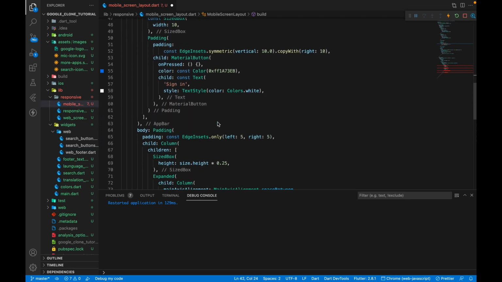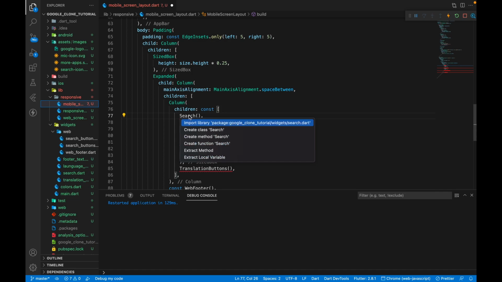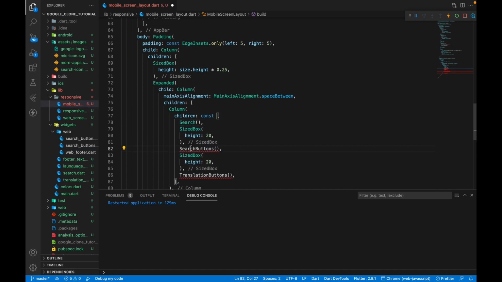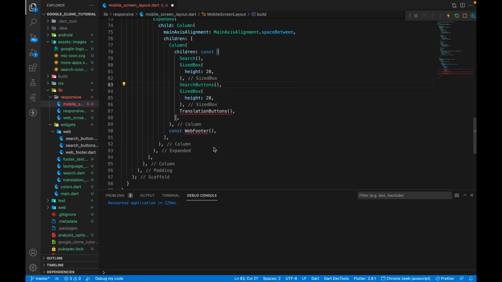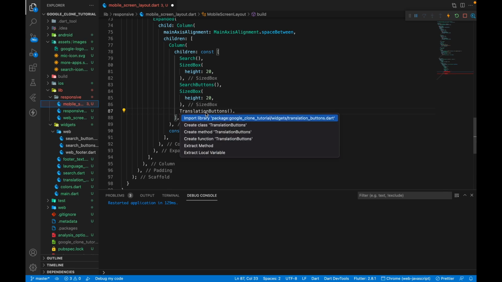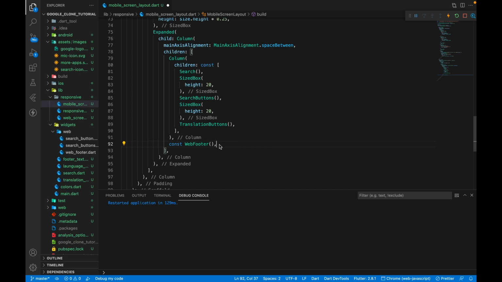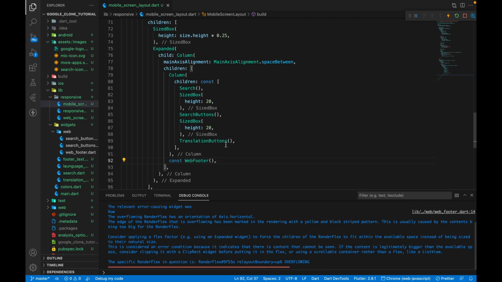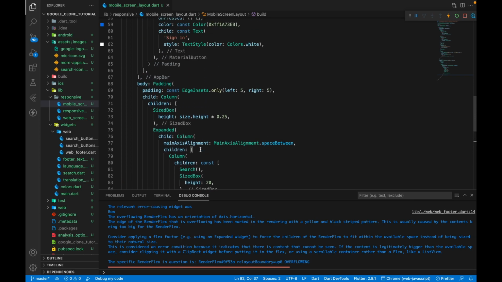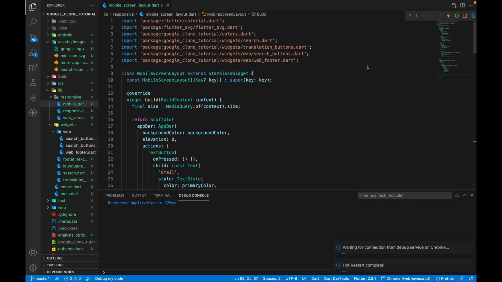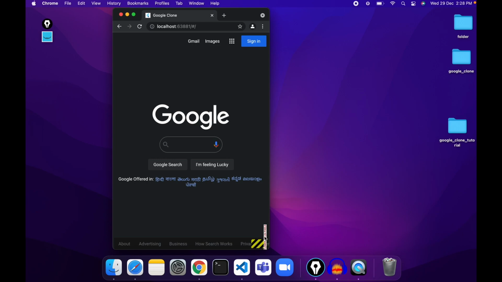And now I'm just importing all of the files that we haven't imported. So let's import that. Let's import the search buttons. Let's import the translation buttons as well. And then lastly, the web footer. Now this web footer will be changed because this is for the web. We are going to make something similar but not the same thing for web footer. Now let's run our app, and you can see that we are already getting an error over here,